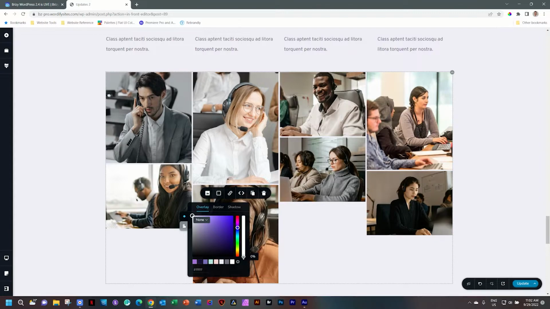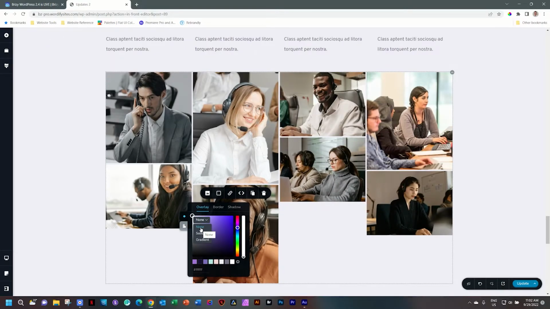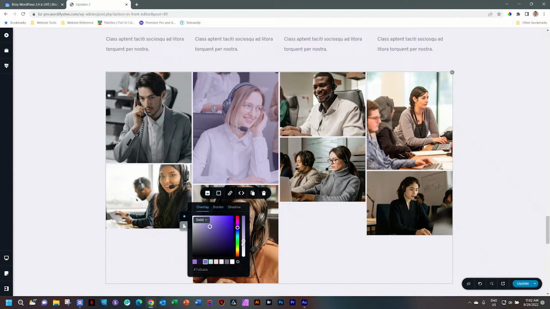The opposite of opacity then is transparency. Note here in the color picker, we have this drop-down selector. You have none, solid, and gradient will give you gradient colors to work with. Selecting none gives you no overlay. The moment I select any of these swatches as an overlay, observe what happens to this dropdown. It goes to solid. And now as I drag the opacity slider, it will remain solid to whatever percentage I put it until I drag it all the way to the bottom and it reaches 0 and